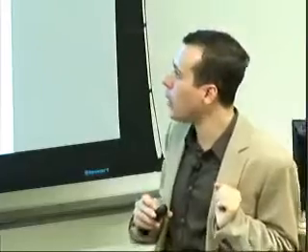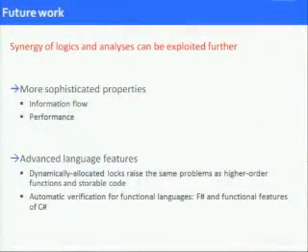And finally, I think that the synergy of program logics and program analyses that I've demonstrated to you can actually be taken further to verify more sophisticated properties. I'm in particular interested in information flow properties and performance properties. And I think it should also be useful in handling advanced language features.